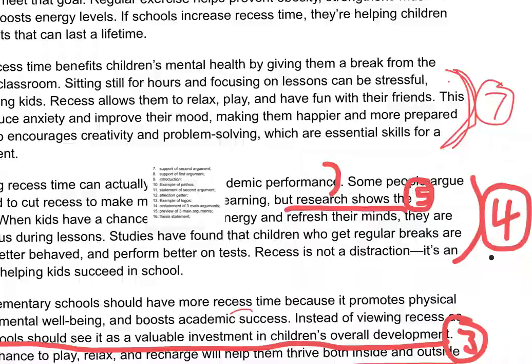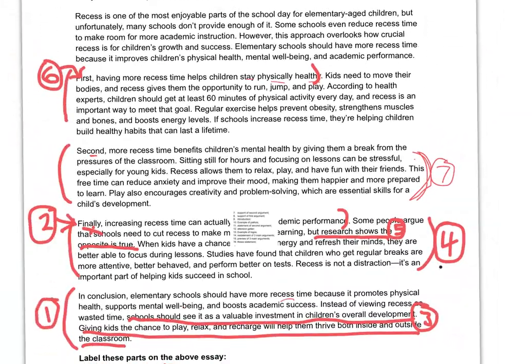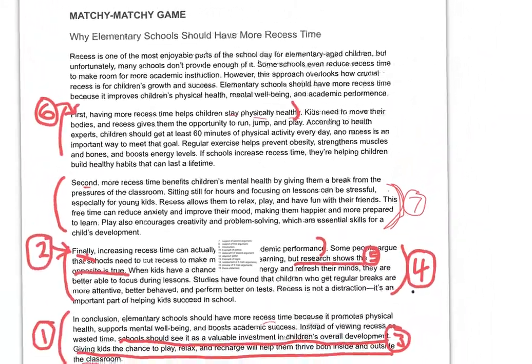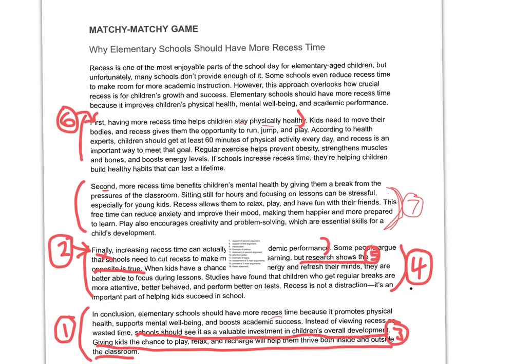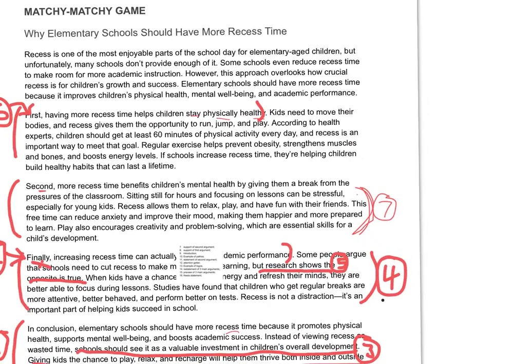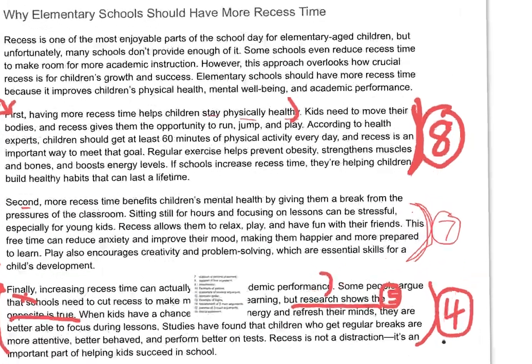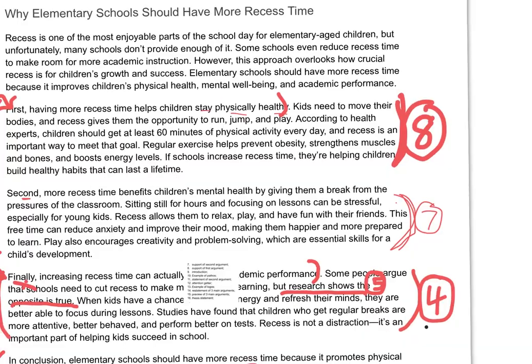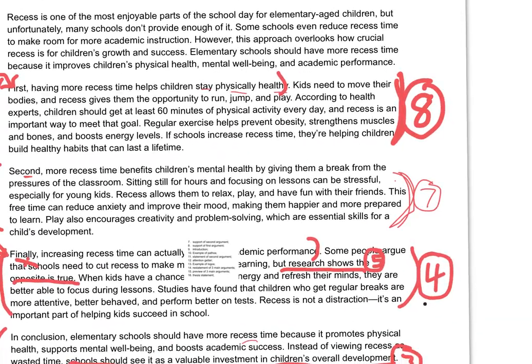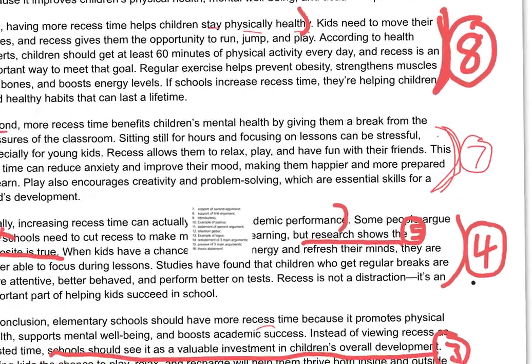And number 8 is support of the first argument. Well, we can find that back in the second paragraph. Number 6 is the first argument being made. And so the rest of this paragraph right here is support of that first argument. Kids need to move their bodies. Recess gives them the opportunity to run, jump, and play. That is supporting the idea of physical health for the kids. Everything in that paragraph supports that. Okay, next up,